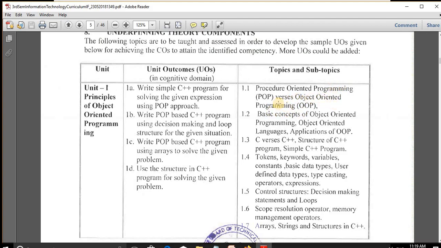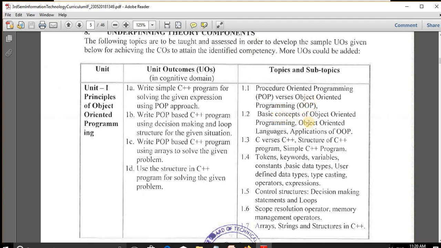This point includes what is procedure-oriented programming, what is object-oriented programming, and the difference between POP and OOP. Here, procedure-oriented programming mostly focuses on the algorithm or doing the procedure, and object-oriented programming mostly focuses on the object, that is, the data.